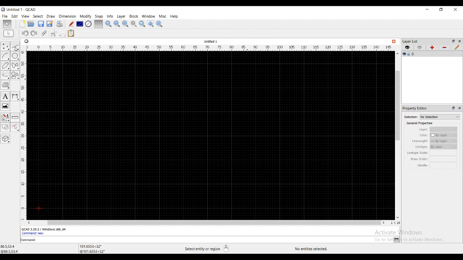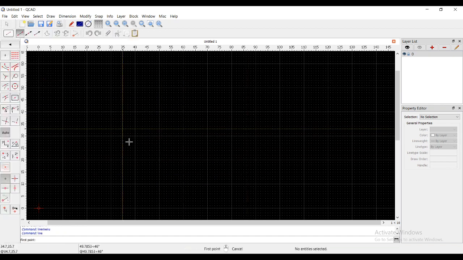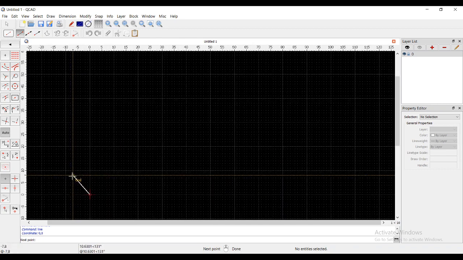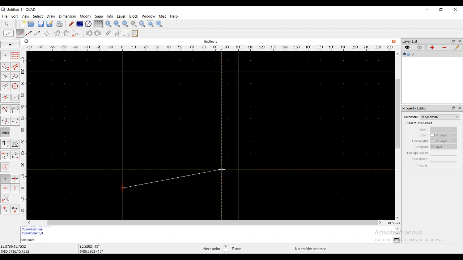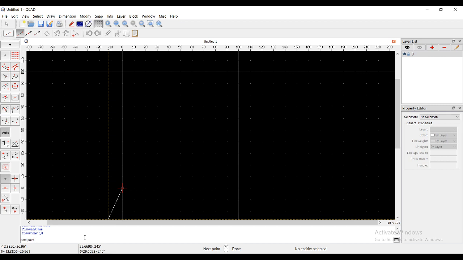For the absolute coordinate system, you need to start a line. Let's say I want to make a rectangle of 100 by 50. So I will start with a line, and instead of going for a grid, I will go to the command line and give the x and y coordinate of each point. Let us start with 0 comma 0. That is my starting point. Then a little bit zoom out. 100 comma 0 will be here somewhere. So the next point I will give is the first x coordinate, that is 100 comma 0. That will give me the horizontal line.